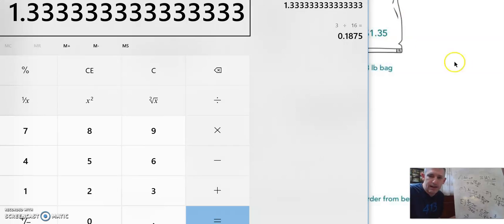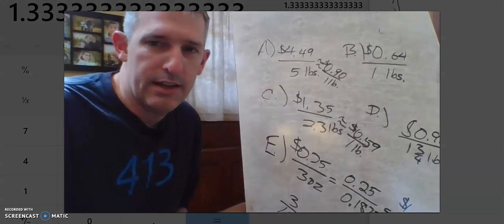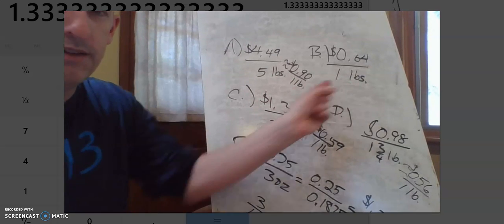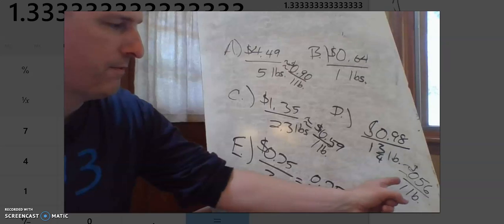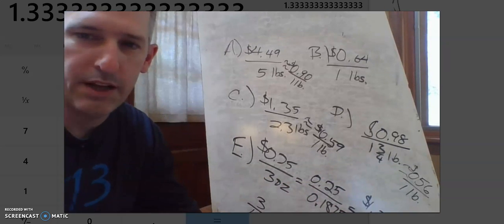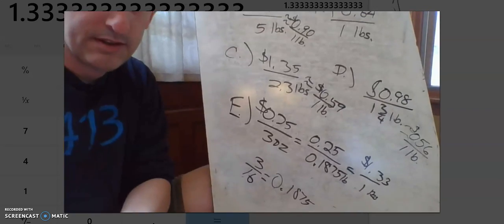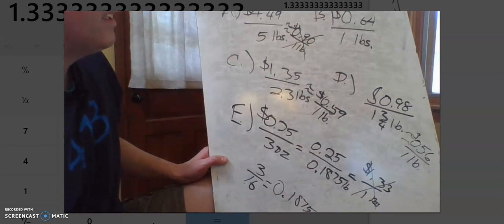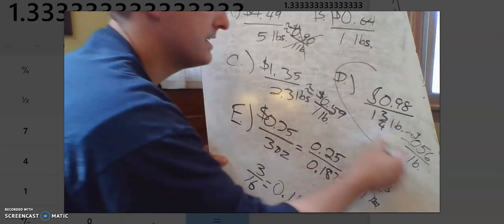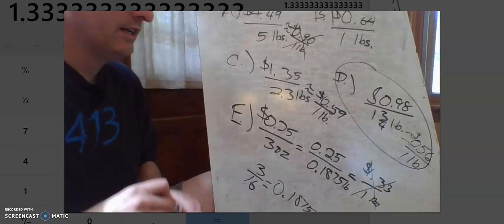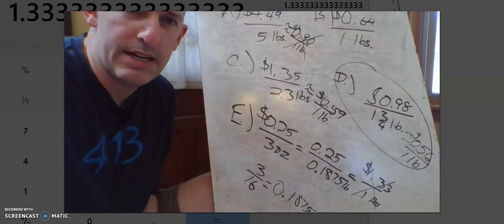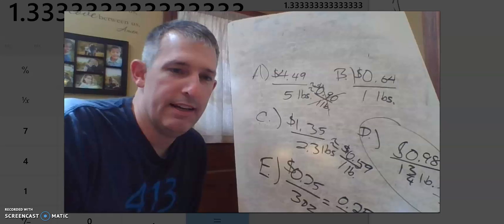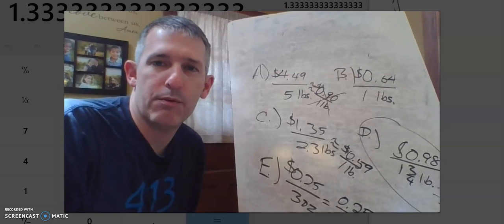It's kind of costly. All right, so here's what we've come up with. Okay, you can see we've got 90 cents per pound. We've got 64 cents per pound. We've got 59 cents per pound. We've got 56 cents per pound, and we've got $1.33 per pound. Definitely not this one. And it's a close race, but I think we would go with D. Buying the 1 3/4 of a pound for 98 cents is the best buy. Okay? So you heard it first right here. If you want to buy sunflower seeds, buy the 1 and 3